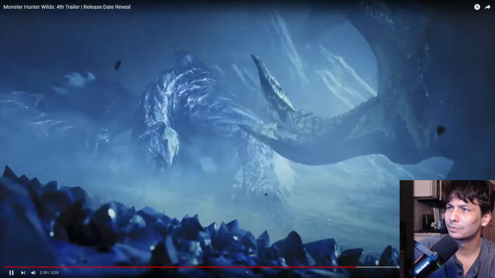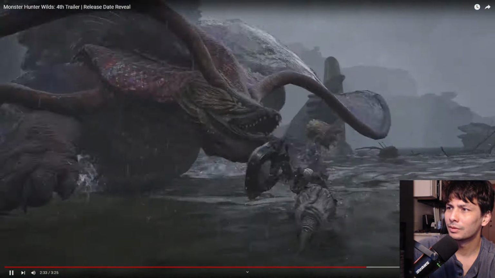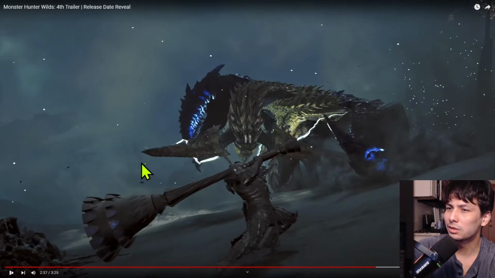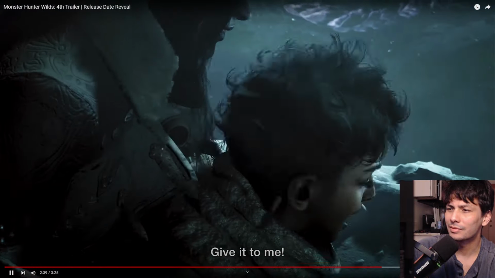You're a hunter. You've got a weapon, and you do nothing. Okay, so we got more lance. We got the hunting horn. I always like the hunting horns that kind of look like bells. I know there's a Mizu hunting horn in Sunbreak that I really liked. Give it to me, and I'll...